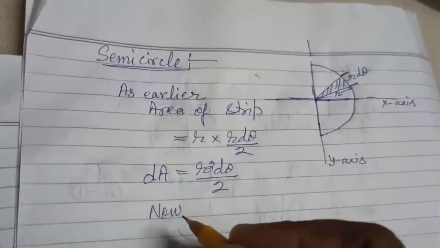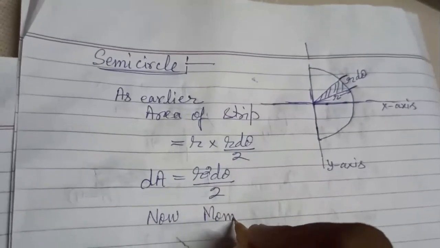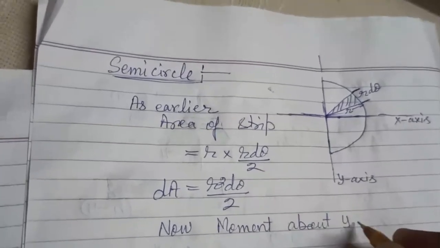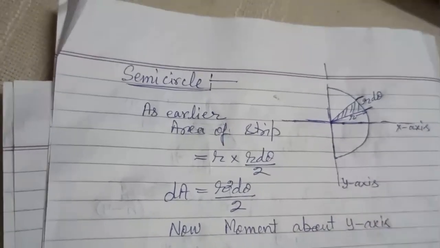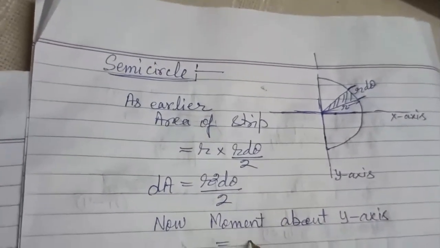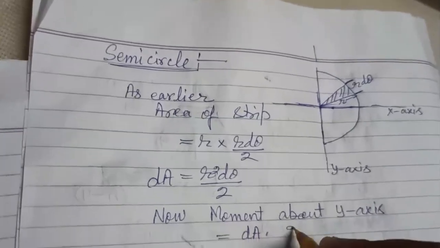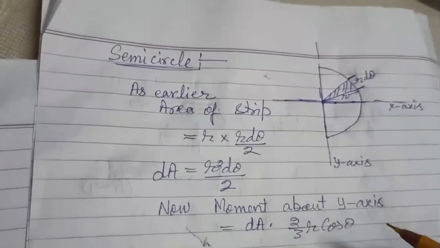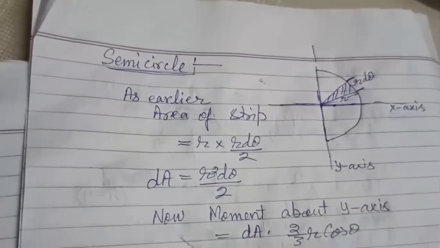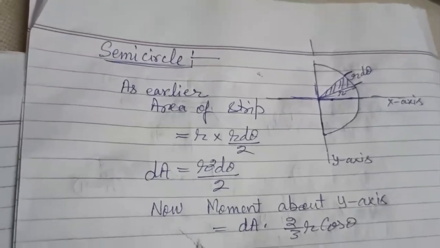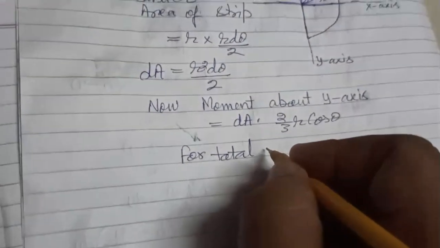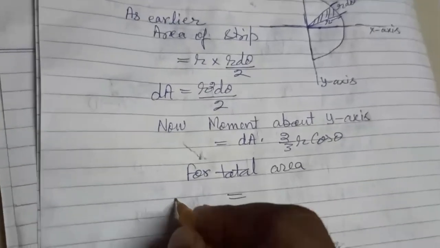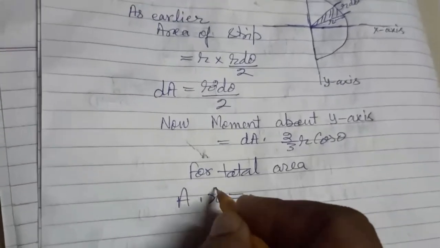Now the moment about the y-axis is dA into 2/3 r cos theta. Now for the total area, this is A into x bar,